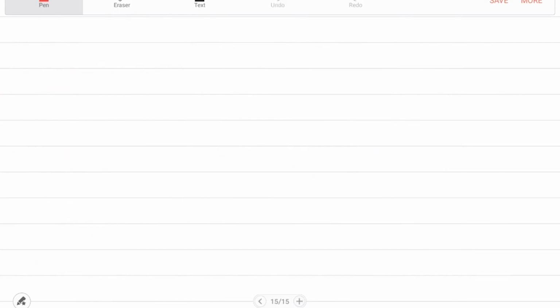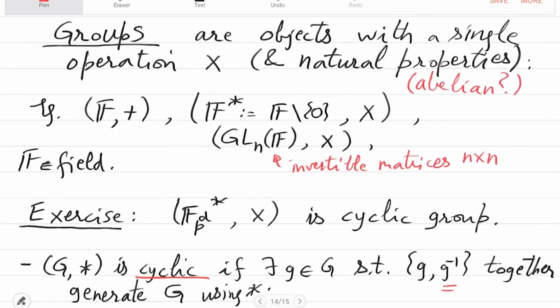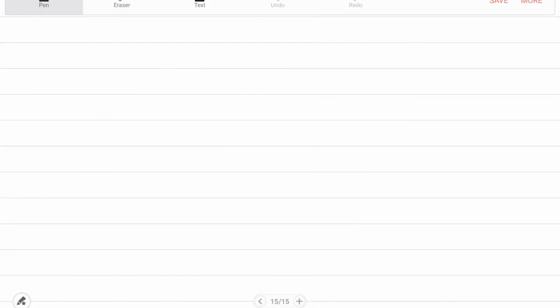G is called a generator of G. So this is called a generator. Okay. So for example,